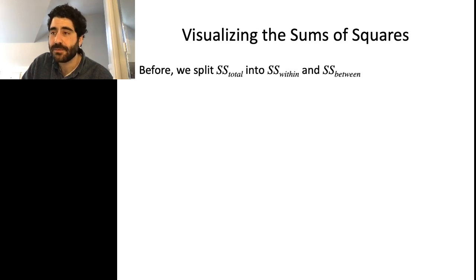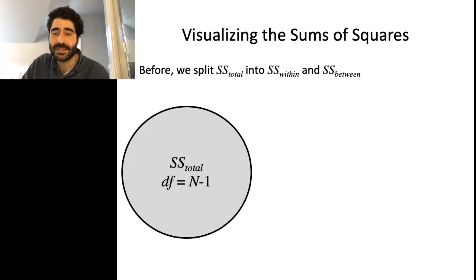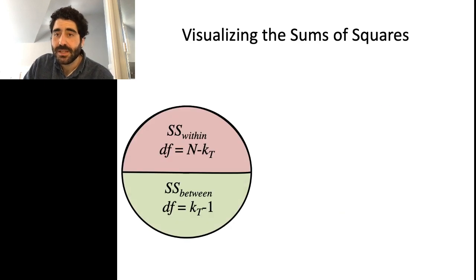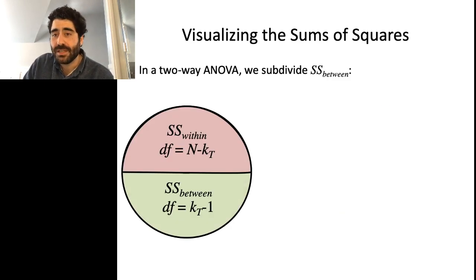So before we were taking our SS total, which is the total sum of squares, and we were splitting it up into a within group piece and a between group piece, right? So for the one-way ANOVA, there was only one kind of group, right? There was only one grouping variable with k levels, and we could split up this SS total into a within and between group piece. And so in a two-way ANOVA, now what we're going to do is